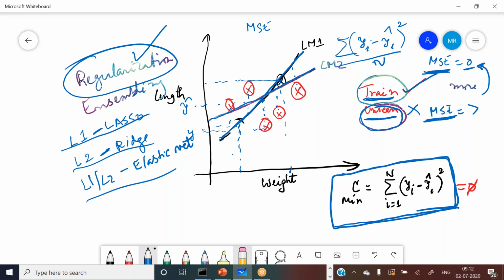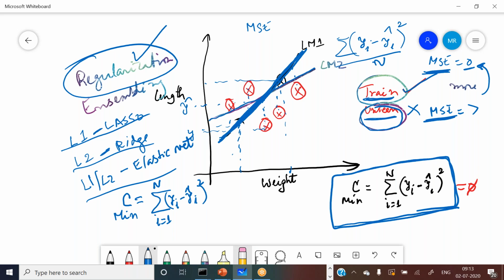We want to modify our cost function, which in simple linear regression we minimize as sigma i equal to 1 to n of (yi minus yi hat) squared. So this is our cost function for simple linear regression. As I told you yesterday, this line overlapping my training data points, though it is good for training, is not going to be good for future unseen data.